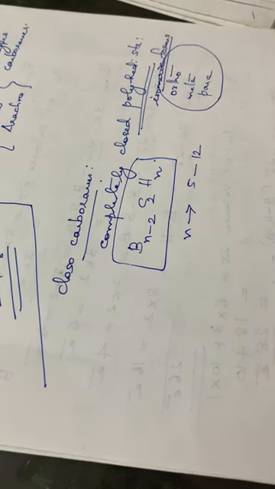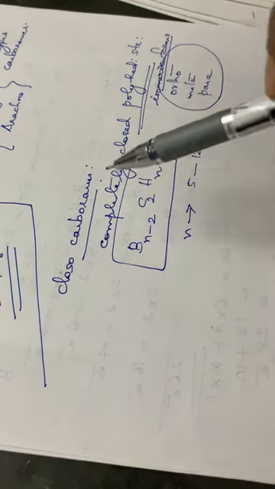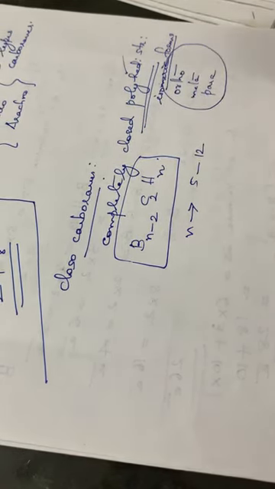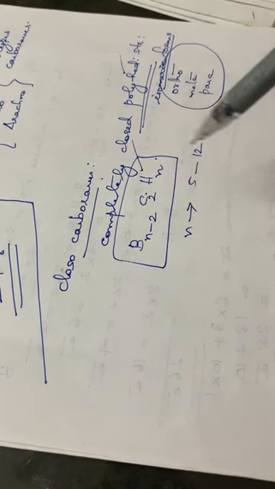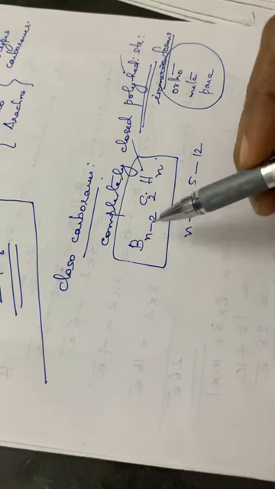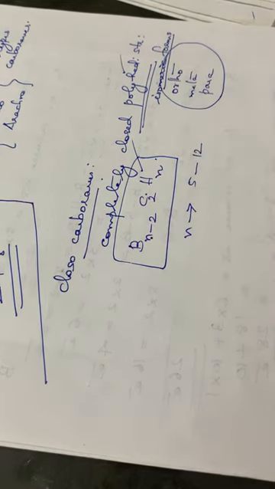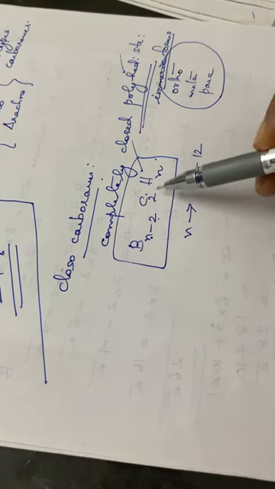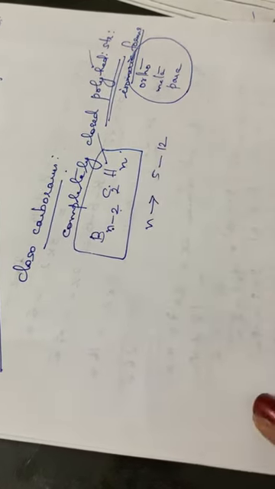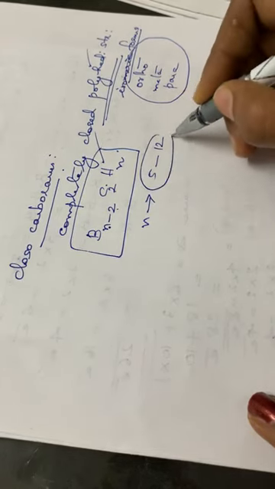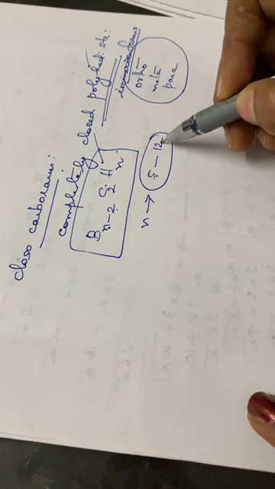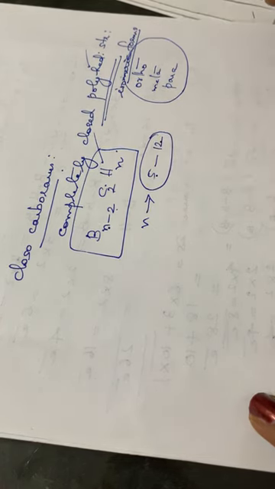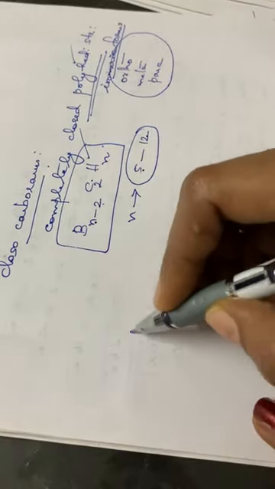So these are the general characteristics of closocarboranes: a completely closed polyhedral structure, with general formula Bn-2 C2Hn, where n is the number of boron atoms. If n is equal to 4, it becomes B2C2H4, but here n varies from 5 to 12 only. So the starting value of n is 5, and the maximum is 12.